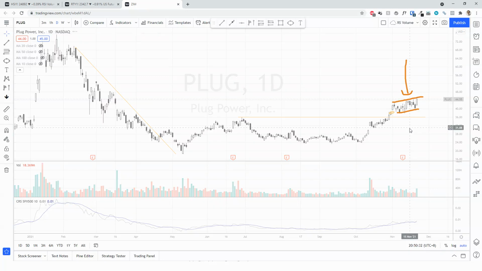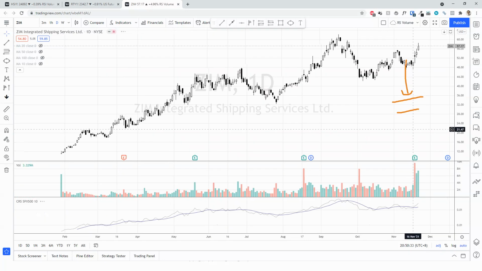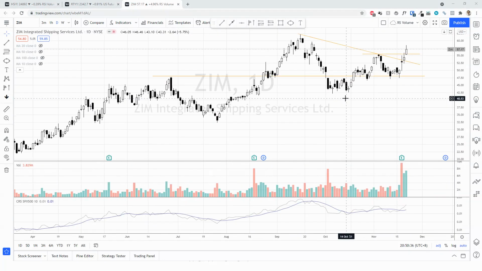So next one is ZIM. ZIM is probably just breaking out. I like this. This is earnings, so we have an earnings gap. It did not break immediately through this downtrend line, which is kind of like a triangle. The next bar broke out from this triangle or the downtrend line, and on Friday it just showed commitment above.